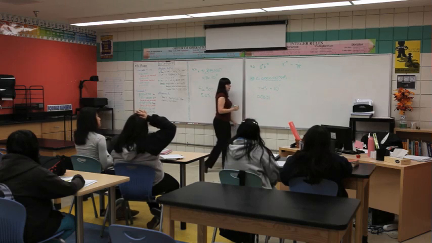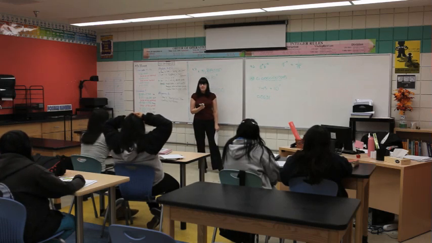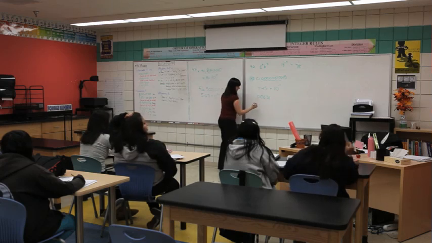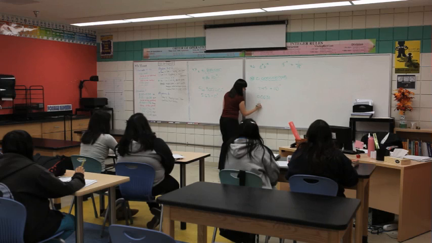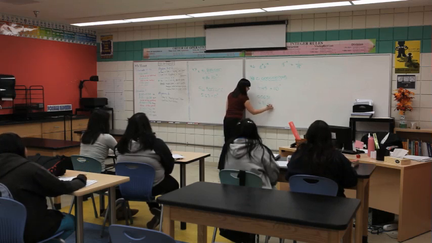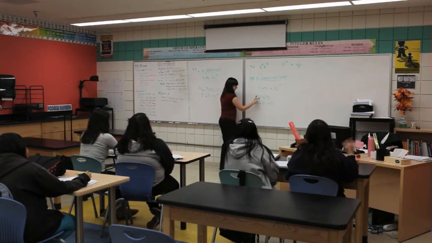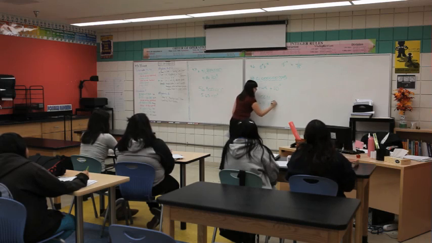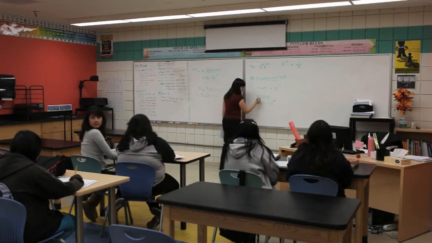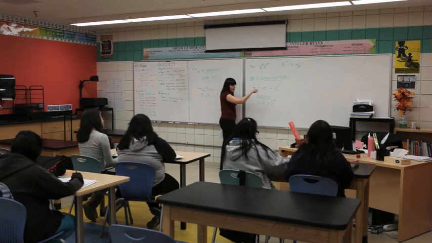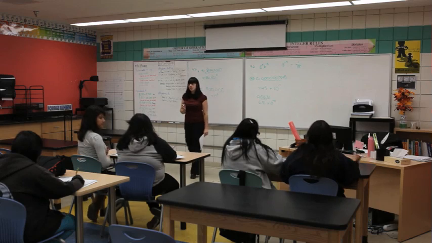So if we had 0.0631, what do you think this would be? 6.31 times 10 to the negative 2. You're right with the 2. See, we moved the decimal 2 places, and because we went to the right, it's a negative. So for scientific notation, make